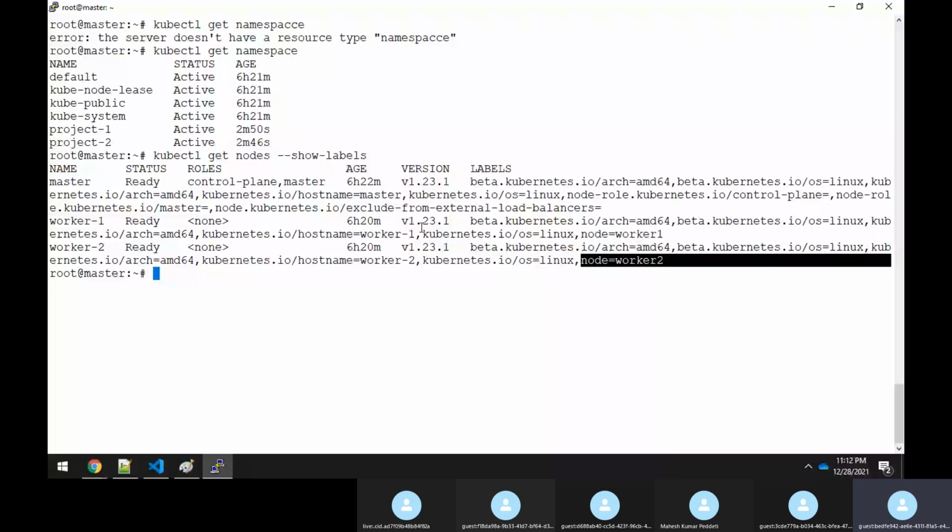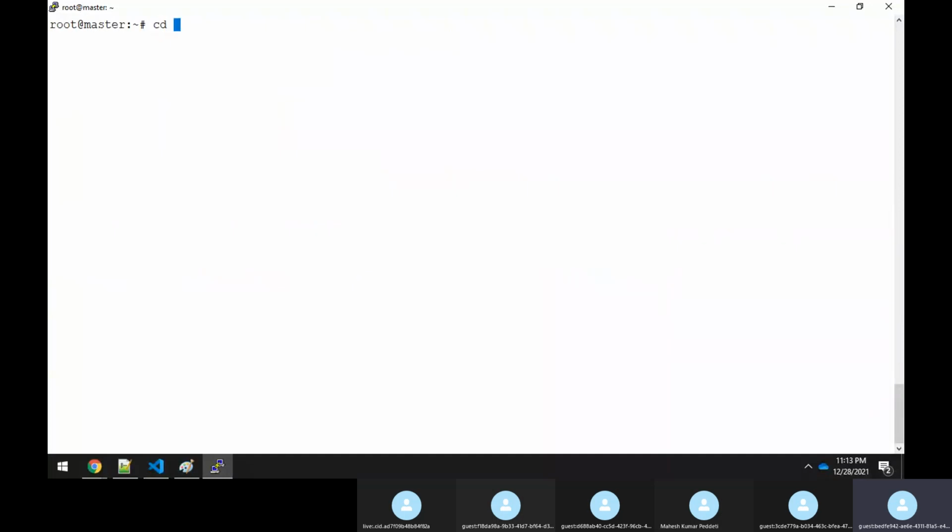So now namespace project1 has to be bound to the worker1 label, and the project2 namespace has to be bound to worker2. To do that, look carefully at what I'm doing.